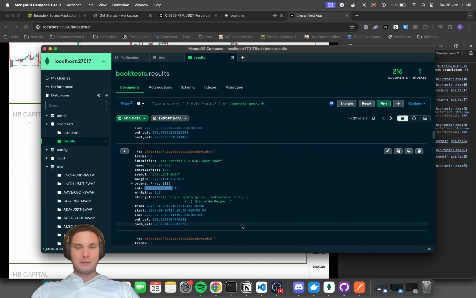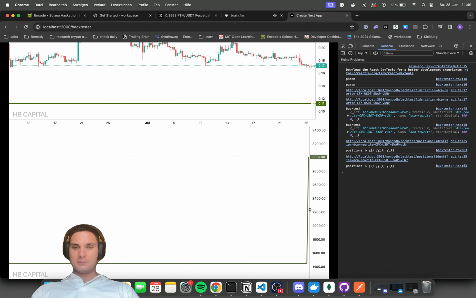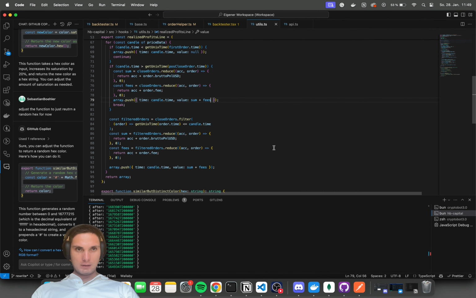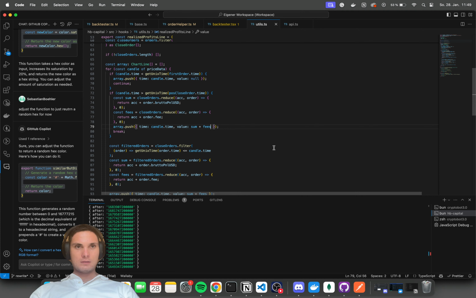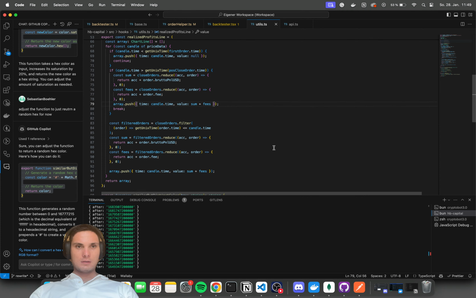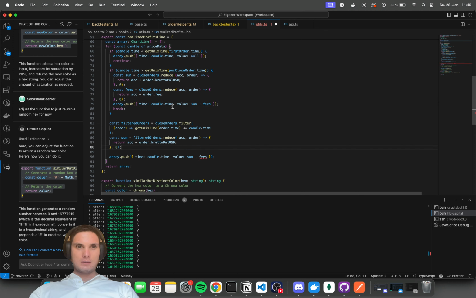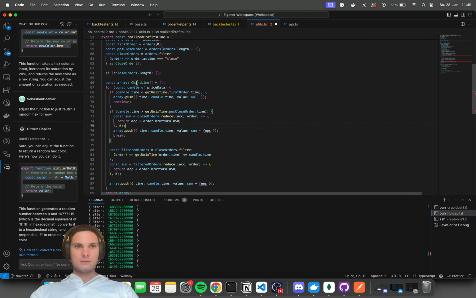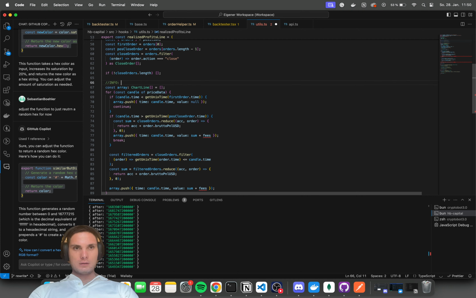3798, and we have 35. Okay, that's not the same, because I know, because this is only fees of the exit orders. So yeah, let's just ignore this. Info: fees not included in calc. So